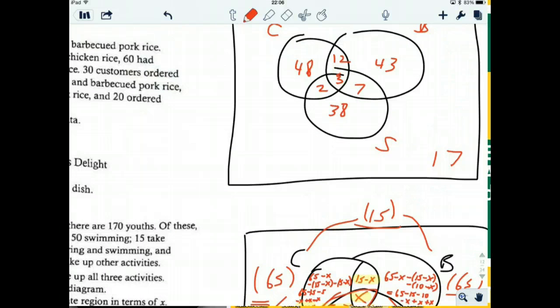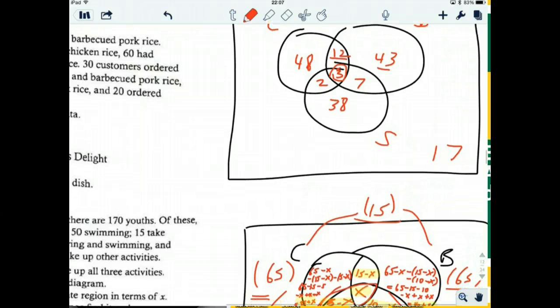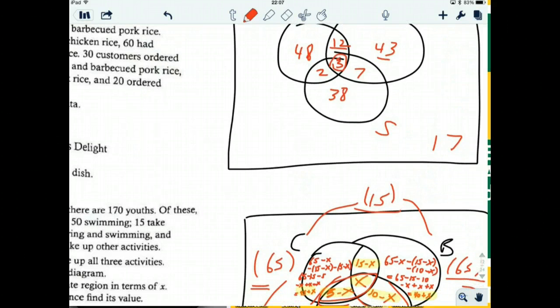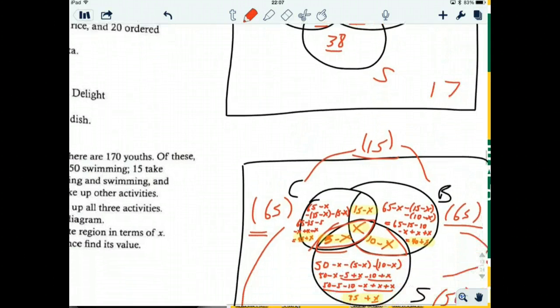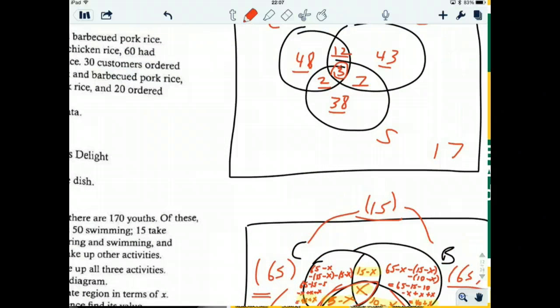Now that we know that the center value is 3, we can solve for all the other values. Like this is 15 minus x, 12. This is 40 plus x, 43. This is 45 plus x, 48. This is 10 minus x. This is 5 minus x. And this is 35 plus x, which is 38. So now we know all the values for